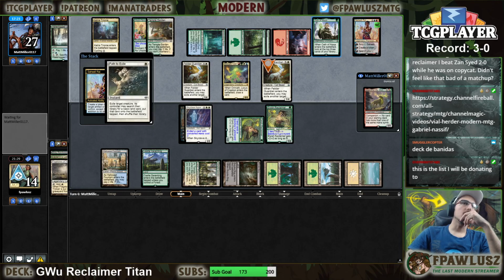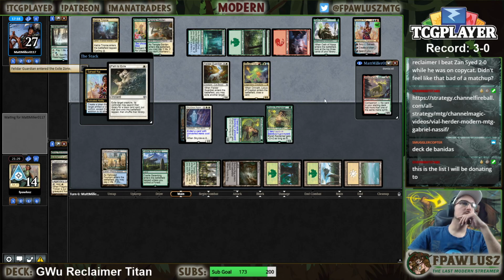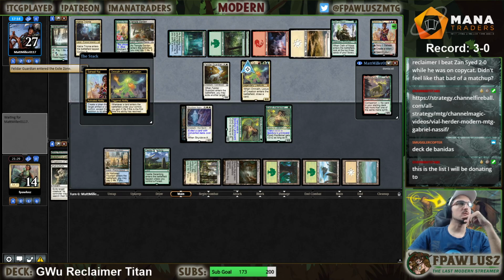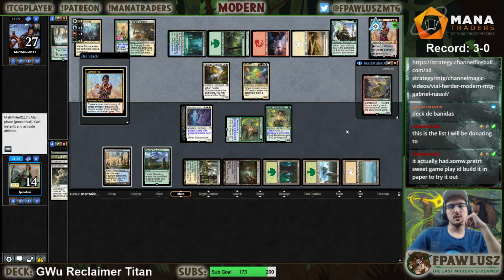This is what we got. Right off the top or bust. Let's go. And we also still died to a second Saheeli, obviously. No, we just gave my opponent the mana they needed to cast whatever they needed. So,